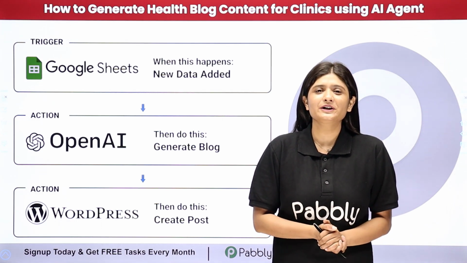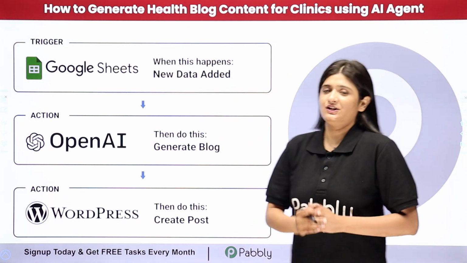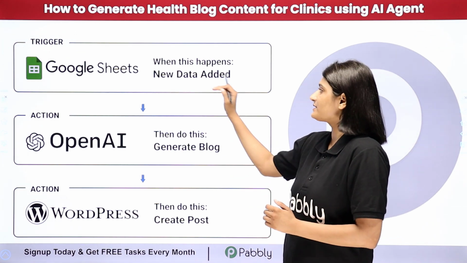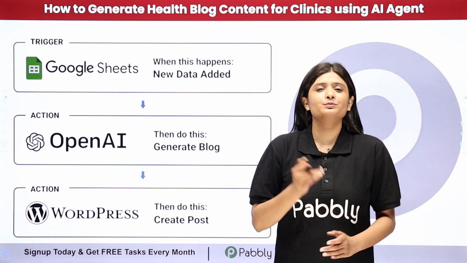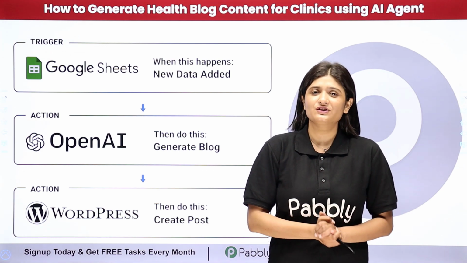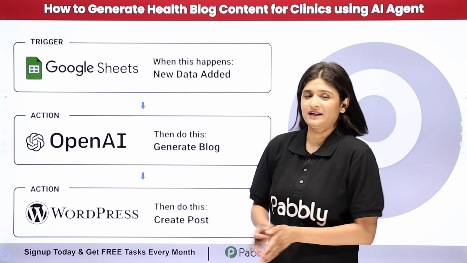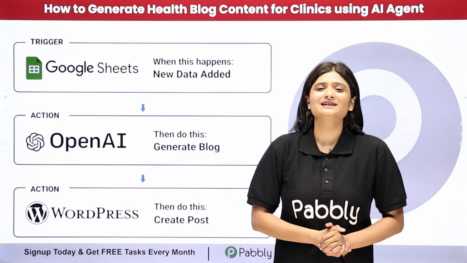In this video, we are going to learn how to generate health blog content for clinics using AI agent. So let's suppose I'm a blogger and I am adding all the details of my blogs in my Google Sheets. I want that whenever I add a new detail, a blog should be automatically generated with the help of AI agent. Here I'm going to use my AI agent as OpenAI and it should be automatically created as a post on my WordPress. Doing this manually will consume a lot of time, so I'm completely going to automate this process,